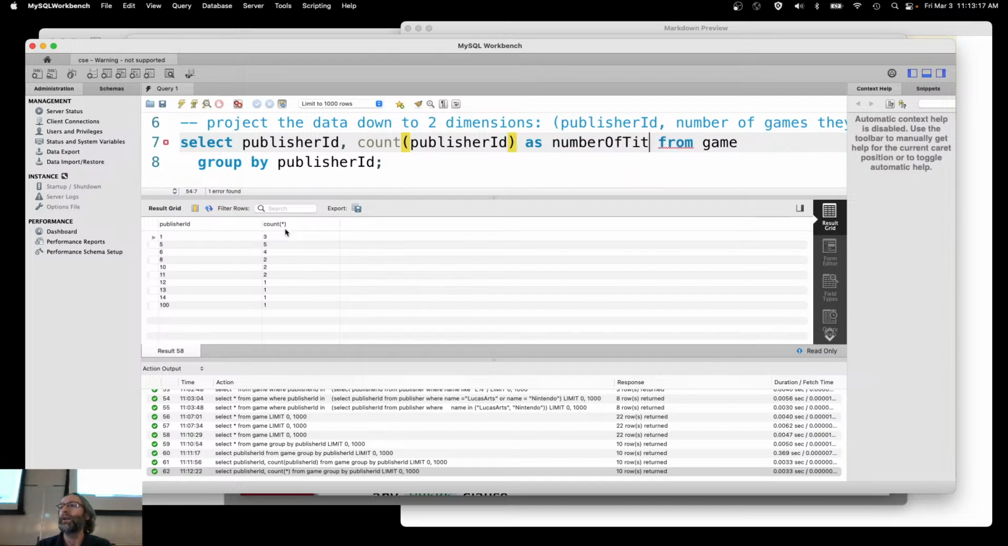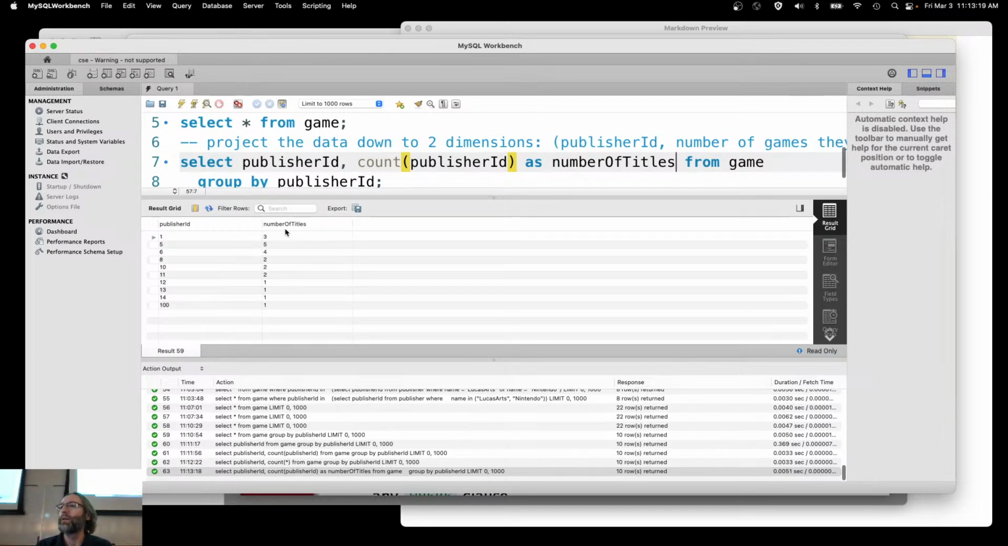Number of titles. There we go. There. Number of titles for the first one is 3. Number of titles for the second one is 5. I really want to know who these people are, or who these companies are, right? I know that 1 is LucasArts and I know that 5 is Nintendo, but what about the rest of them,